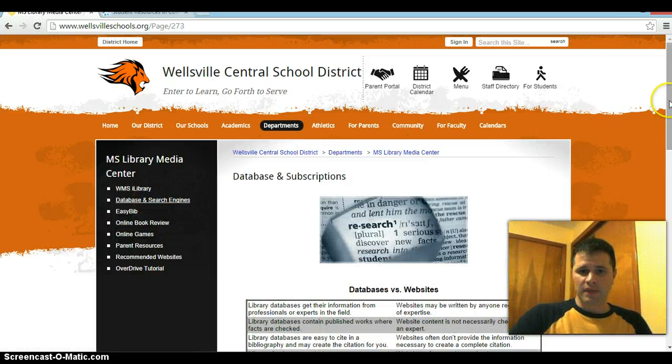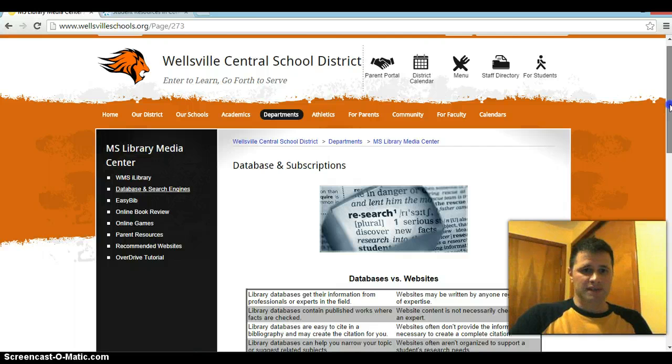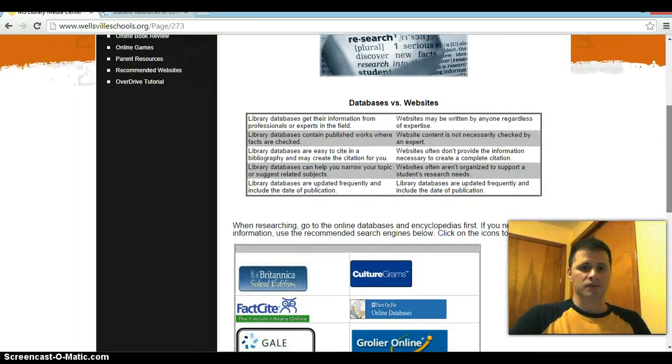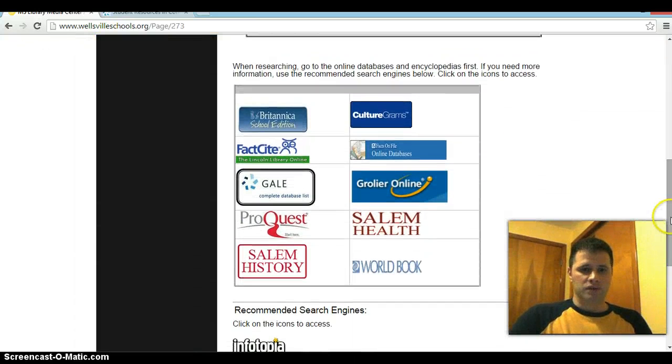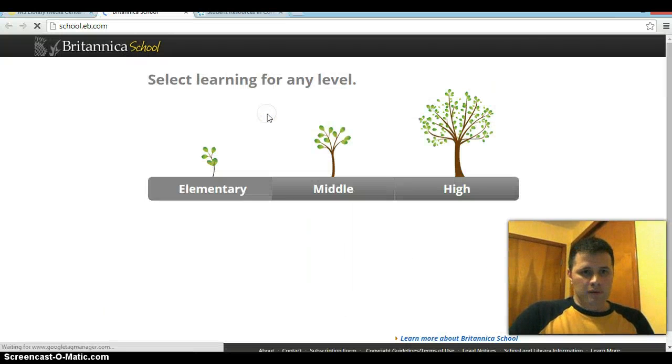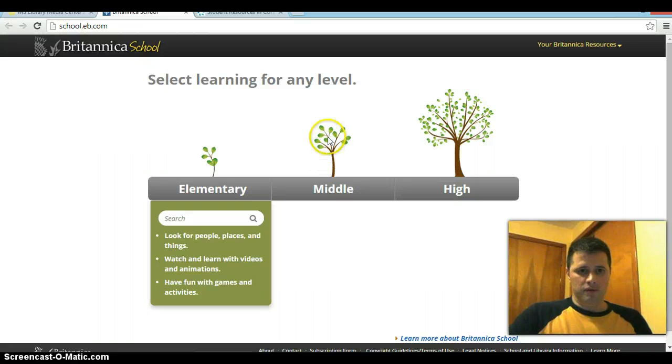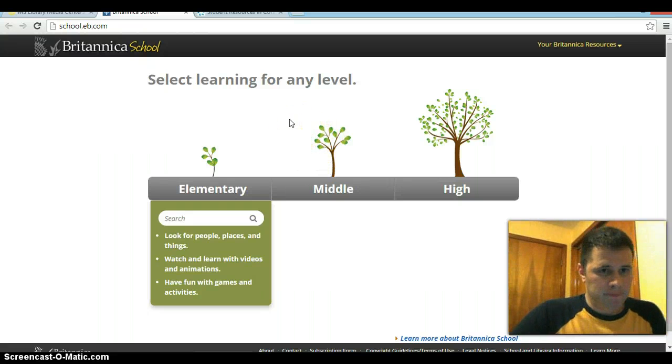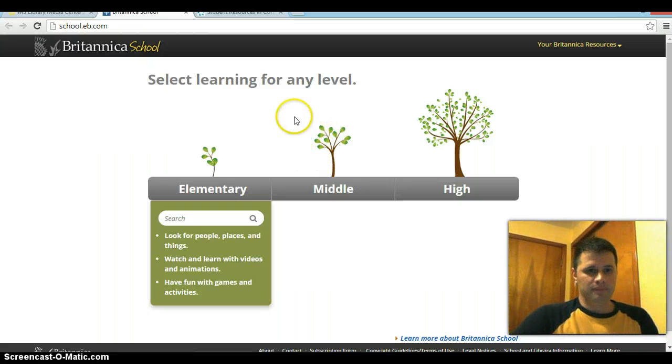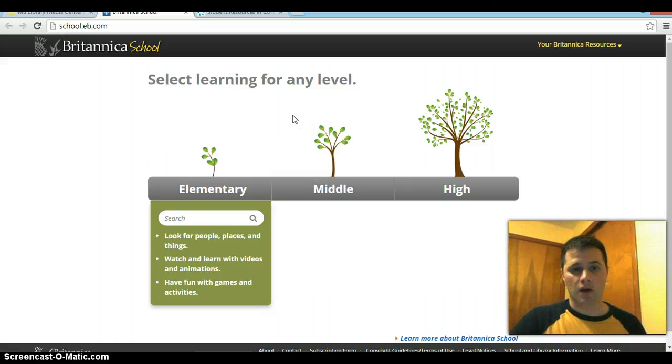When you click on that, it'll open up this page that says Database and Subscriptions, and you'll scroll down. As you scroll down, you will see these options for databases to use as sources of information. The first one that I would like you to explore and use will be the Britannica School Encyclopedia. When you click on that, you'll be asked for a login as well. And the login or password for that is